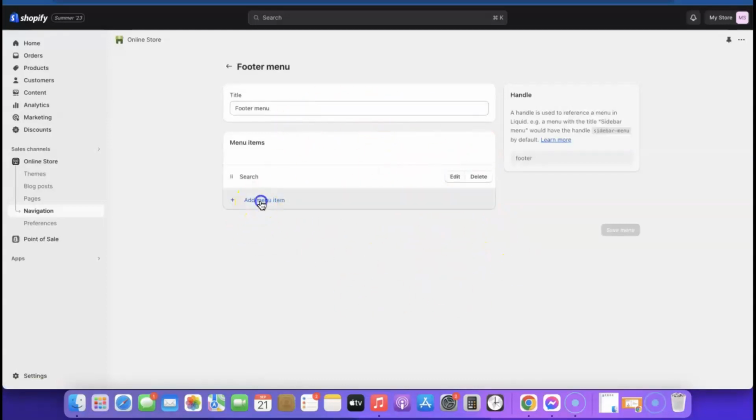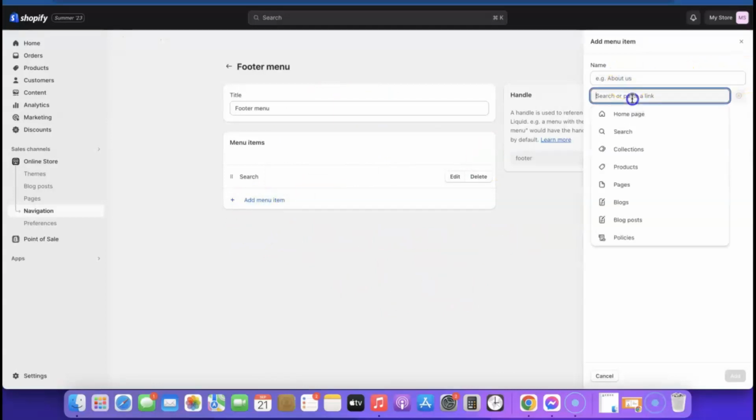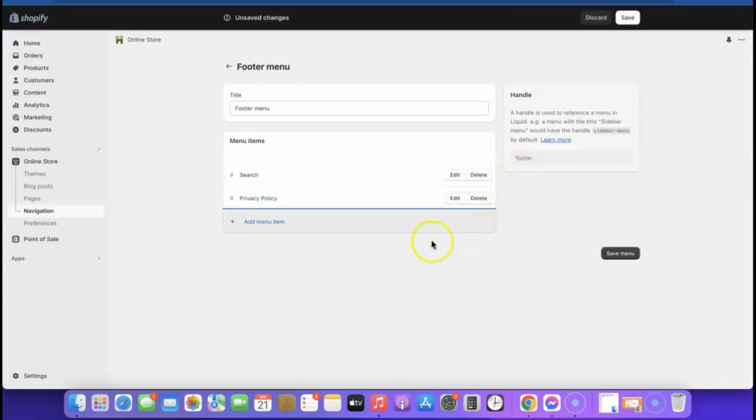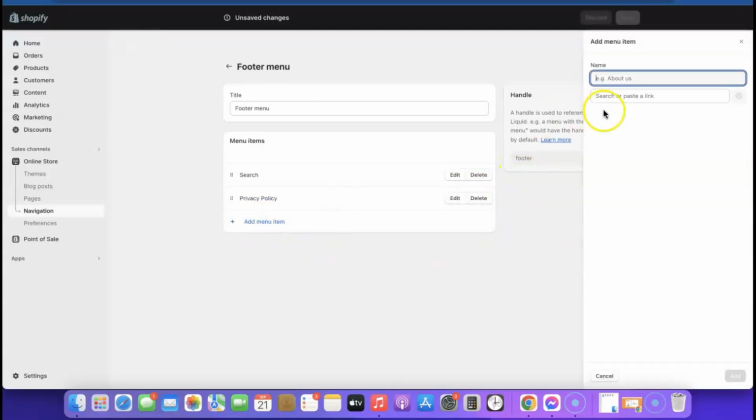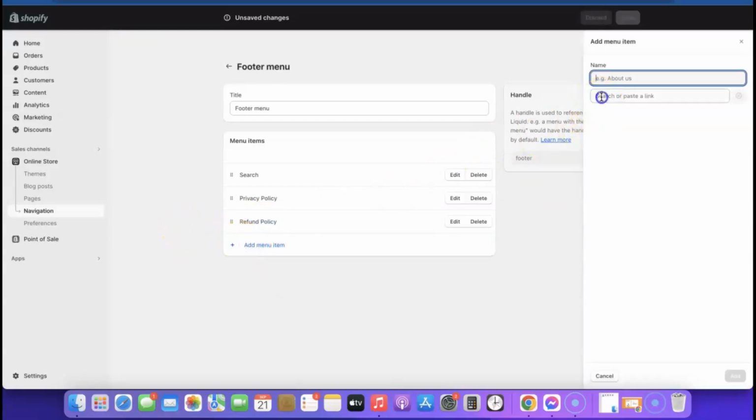Here all you simply need to do is click on add menu, then come over to policy. When you come over to policy, you'll be able to add all this. Click on privacy policy, then click on add. Then again, click add menu, search for policy, click on policy, then add a refund policy, then click add again. Click on add menu again, go to policy again, then click on terms of service, then